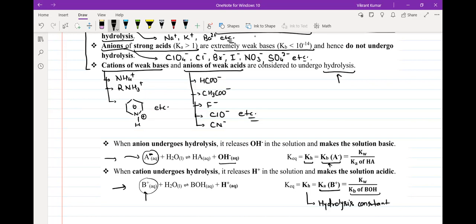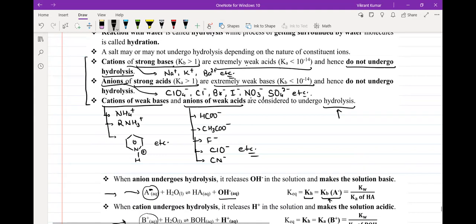सर मैं actually meeting से निकल गया था। आपने क्या बोला अभी? 2-3 points बोले मैंने सिर्फ अभी। पहली बात, hydrolysis versus hydration सुना था। हाँ हाँ। उसके बाद मैंने बोला कि strong acid के cations और anions, strong acid के cations और strong base के anions को consider करना। उल्टा किया। Strong acid मतलब क्या, HCl, तो उसका anion Cl minus की hydrolysis को consider नहीं करना। वैसे ही NaOH का cation Na plus की hydrolysis को consider नहीं करना है। हाँ बट जैसे weak acid या weak base आया तो weak acid के anion की hydrolysis will be considered,